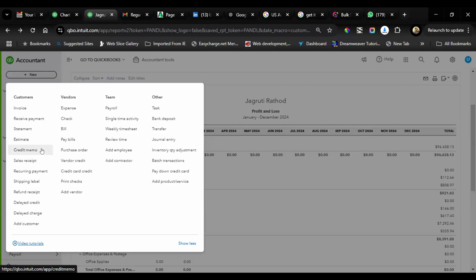Credit memo is a reversal of sales on credit, and sales receipt is when you make sales in cash, and refund receipt is when there is a return of goods you sold in cash. Recurring payment is when you want to collect payment from the customer on a recurring basis, so you can set it through a merchant account. And a shipping label is just to print a label for a shipping parcel, so you can use